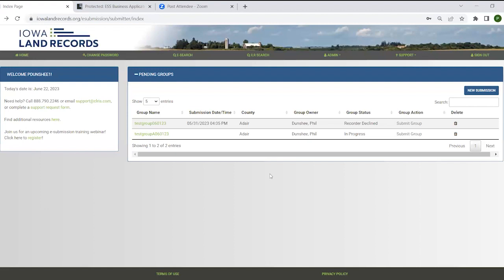Okay, so now the next part of this is how to get to the search. So you're a submitter. You are a submission administrator, or you're a submission accounting function, or you are just a submitter, somebody who only submits documents, but you've been granted the ability to access the new search application. So the way you do that is your menu has changed. And the menu, which is located in this top navigation bar,